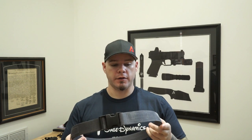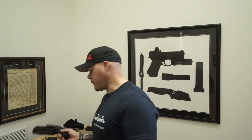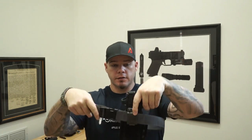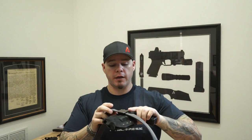What appeals to me about this belt, other than the cost, is it's true to size. It gives me a really good seating platform, a really good stable platform for the attachment of firearms. When my gun is worn, it's just right in there, and that's exactly what I want. I don't want a lot of excess material, but I need enough belt, I need enough rigidity that it's going to provide a stable draw platform, because the belt is going to provide the stability that you need to draw